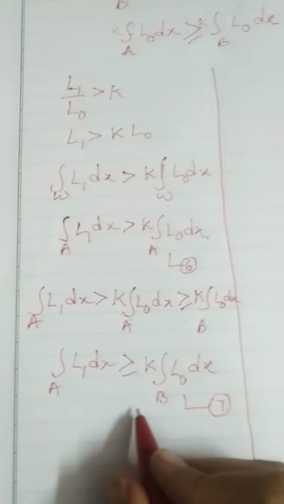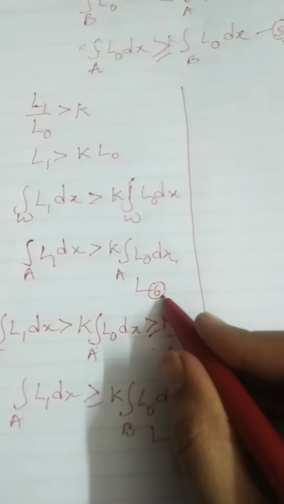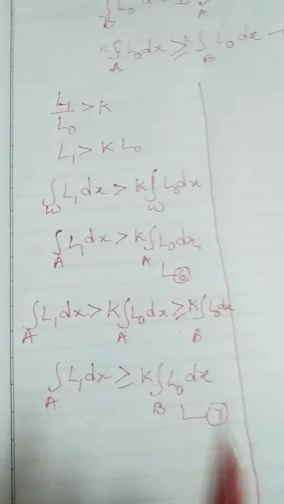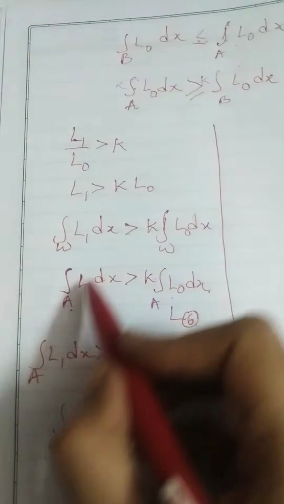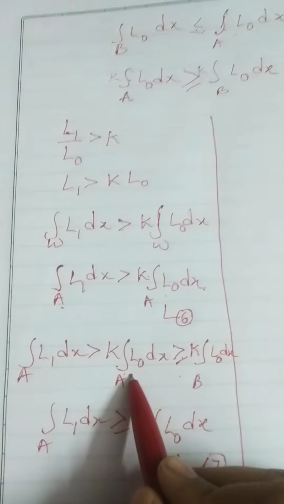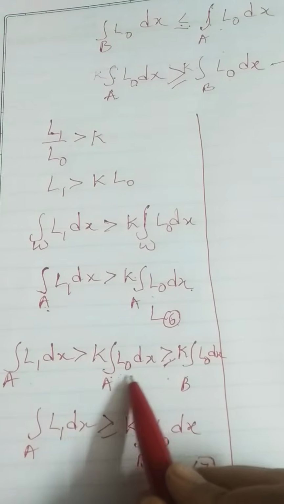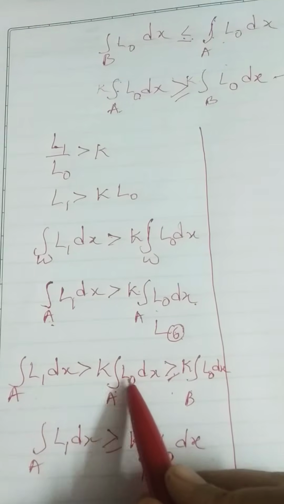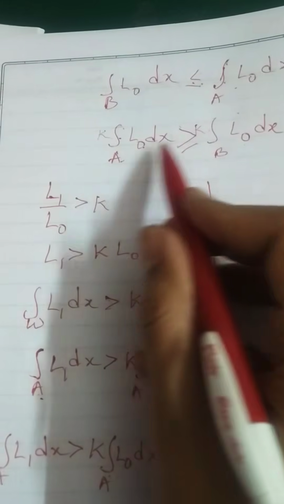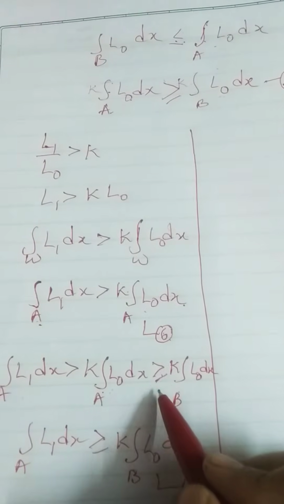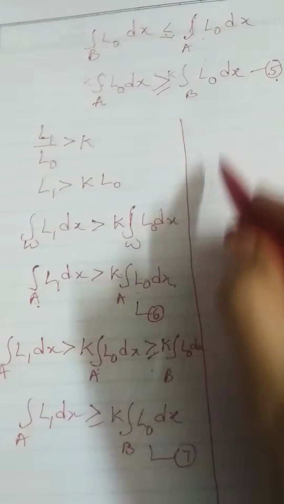Okay. Now after writing this, I have denoted this as 6 and this as 5. Now again I am telling you, first what I did, I have written this 2, then I have written this line here till here. Then where is this part? It is k L0 dx. I have written, putting k on both sides, I have got this value. So that's why I have written this k L0 dx is here and greater than or equal to this part, this one.